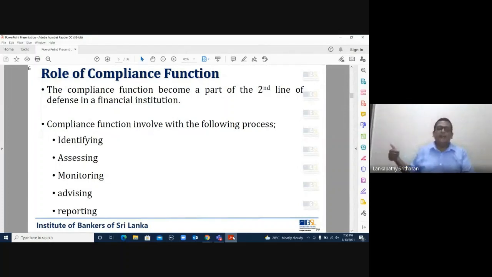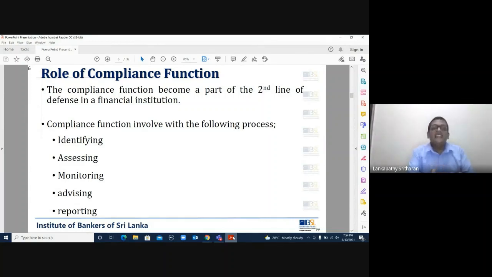So not only branch opening, you may say that launching a new product, as we discussed earlier, if they wanted to launch a new product, they may think that, okay, what are the regulatory requirements they have to comply with, and if they don't comply with those things, what would be the impact? And if they comply, what would be the impact? So they have to assess the compliance risk, and then they have to monitor it continuously,